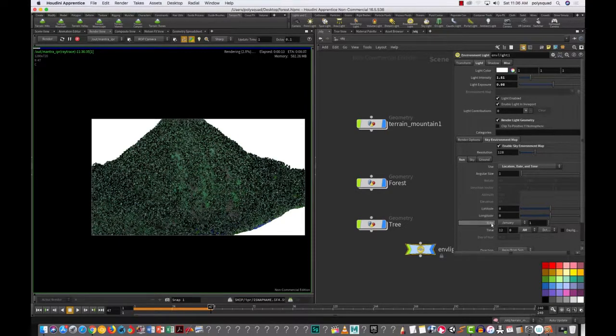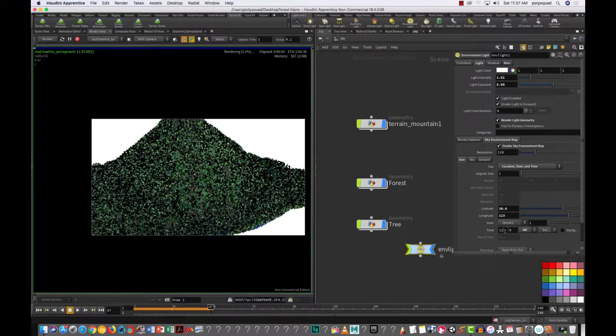Latitude, longitude, date, and time. So right now we're like in the middle of the ocean, or we might be in Ecuador, I'm not sure. But you can go to Google Maps and find the place that you want the longitude and latitude of. And so I'm just gonna pick a random one,